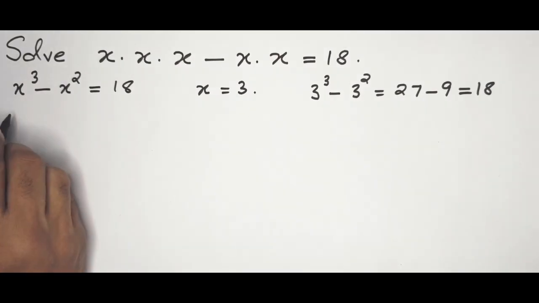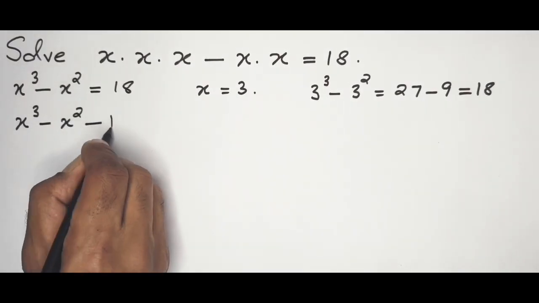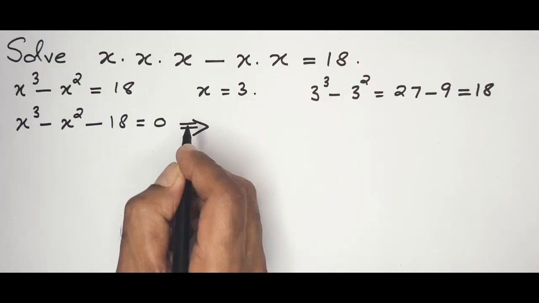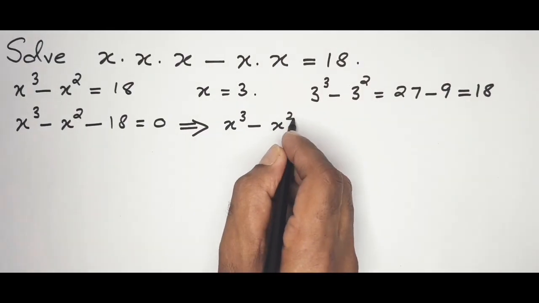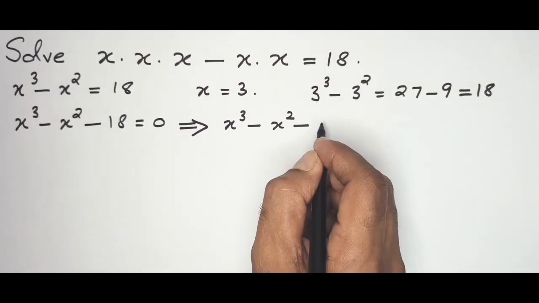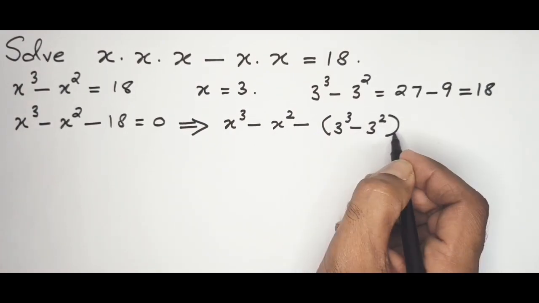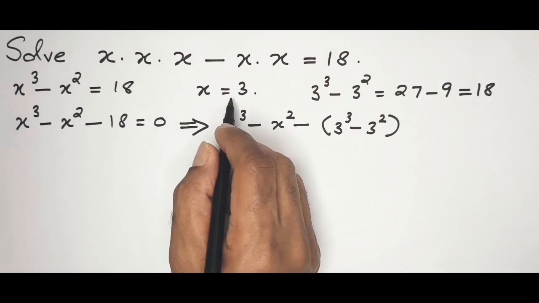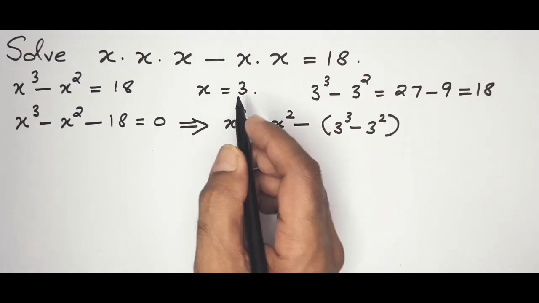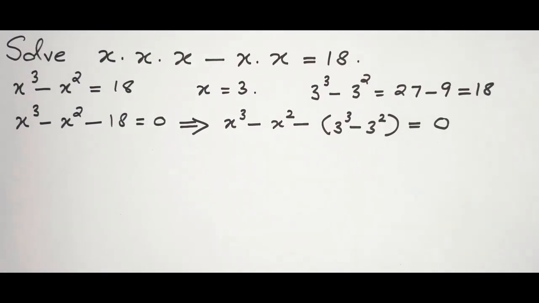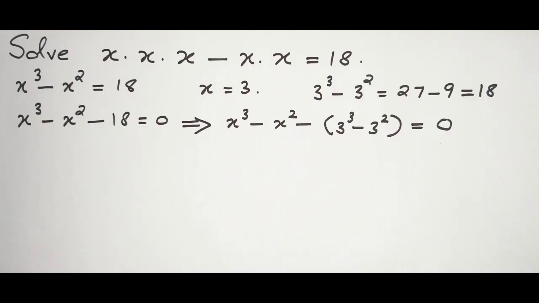So let me rewrite the equation like this. Take 18 to the left side, you get this. And this implies x cubed minus x squared. This 18 we will write like this: 3 cubed minus 3 squared. See, this we are writing using the solution we got by guesswork, nothing else. And that's equal to 0. Generally in any cubic or higher degree equations, the first 1 or 2 solutions you get by guesswork. The rest of the solutions you will do based on a few other steps, which you will get to see